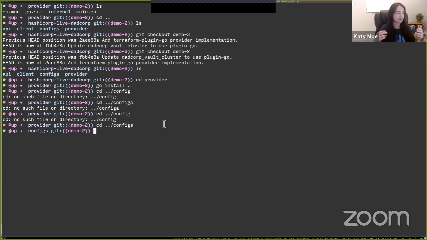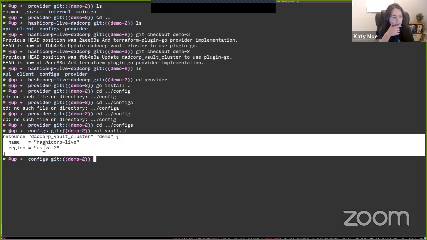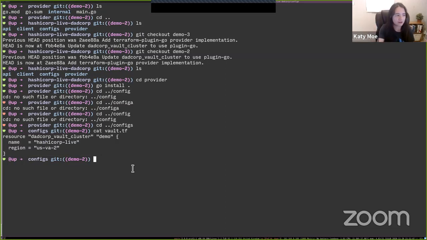So let's take a look at one resource called DadCorp Vault Cluster. I hope this font size is big enough for you all to see. So this is hopefully a familiar resource to people who've used cloud providers. We're making a cluster and we put it in some sort of region.